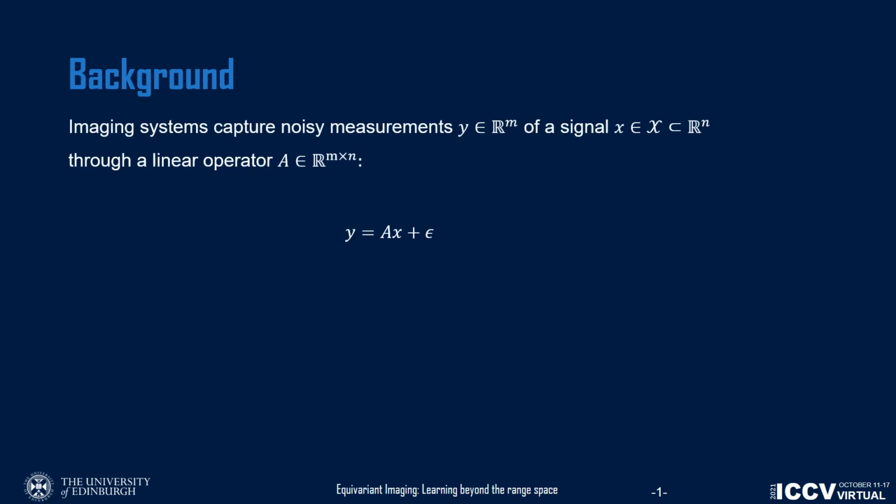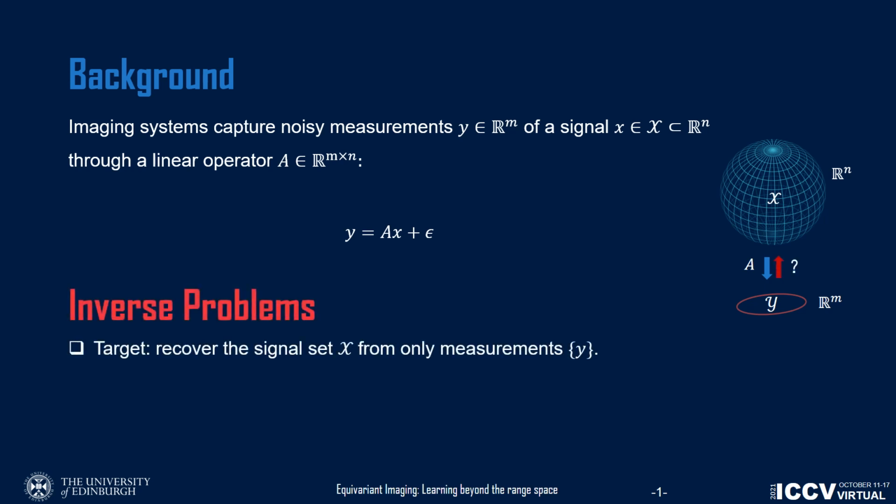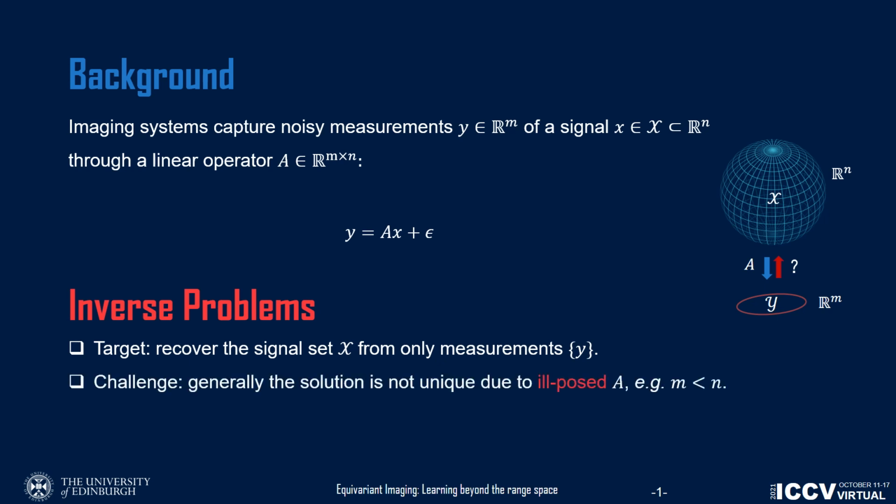Imaging systems capture noisy measurements y of a signal x through a linear operator A, that is y equals Ax plus epsilon. This is also called the forward model of the imaging system. The target of inverse problems is to recover the signal x from only the measurements y. One of the biggest challenges of inverse problems is that generally the solution is not unique since the operator A